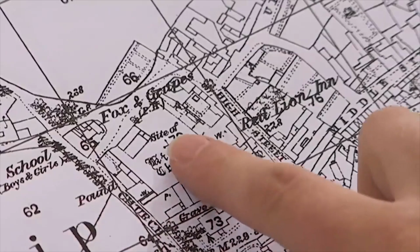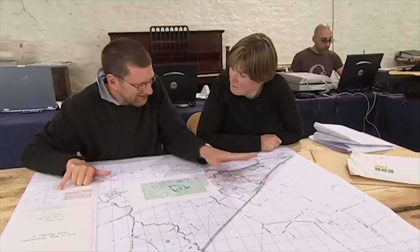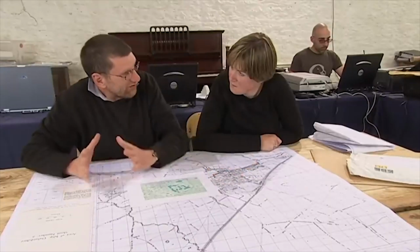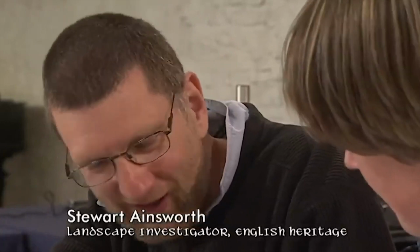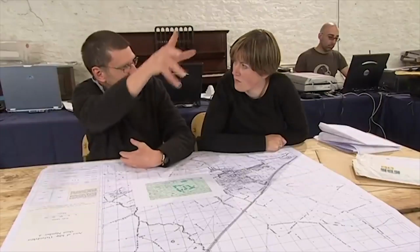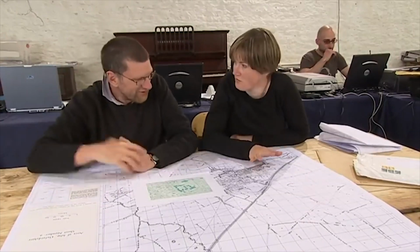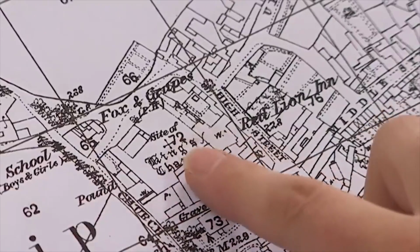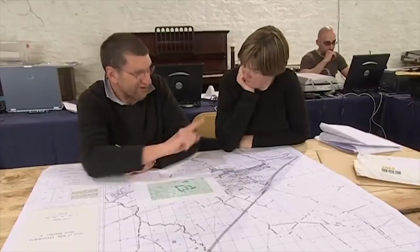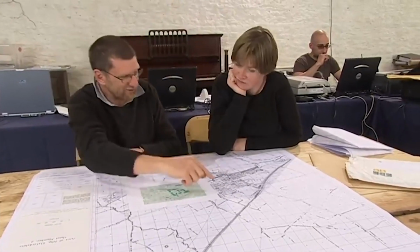Now, the problem with these crosses, when the map makers were coming round in the late 18th century, they were soldiers. They'd speak to the local vicar or local antiquarian, and he might have said, there was a palace over there, or there was a moat over there, or there was a chapel over there. And it wasn't that important to them. No, it wasn't. So that could be one of two things. It could be somebody precisely knew where that was, and that is bang on. Or alternatively, it was over in that yard somewhere, and the surveyor just put the